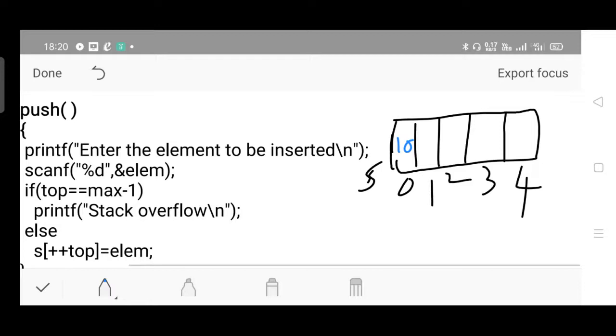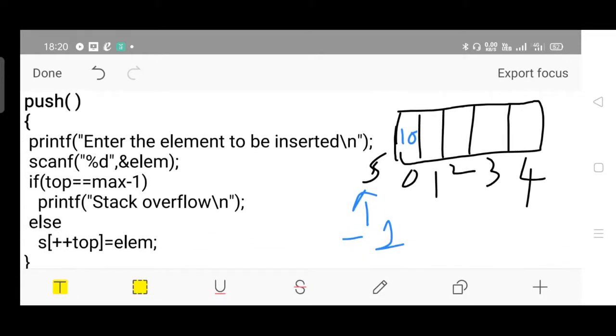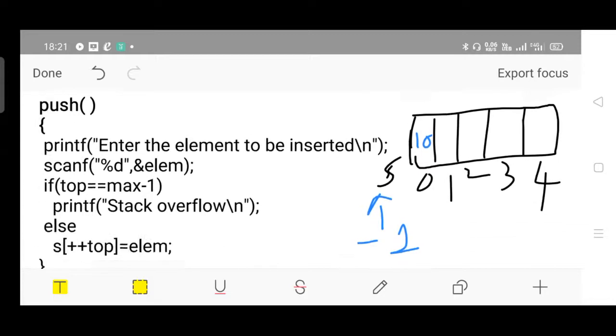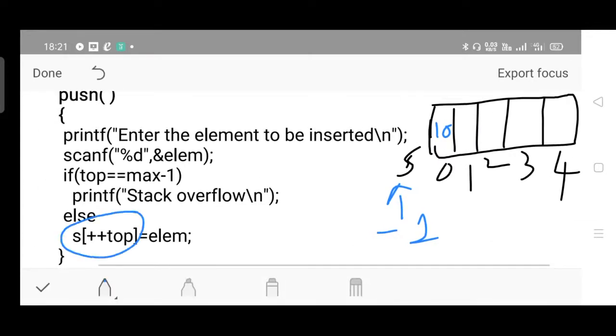So what is the initial value of stack top? -1. Please remember, you have initialized top to -1, right? This is the default value in the case of a stack. So you have to increment the pointer first, followed by insertion. How do you increment? Say here, S of ++top. This stands for pre-increment.